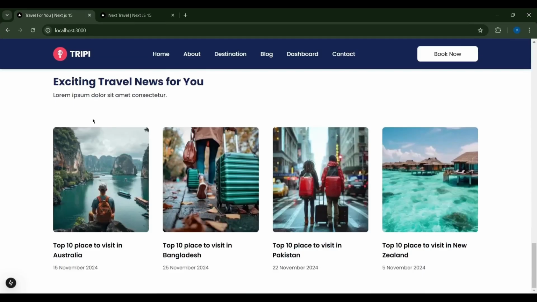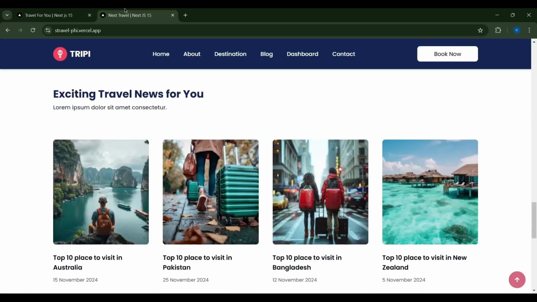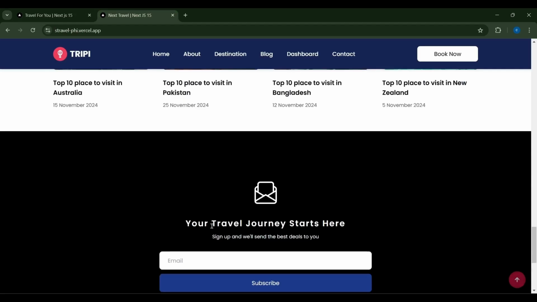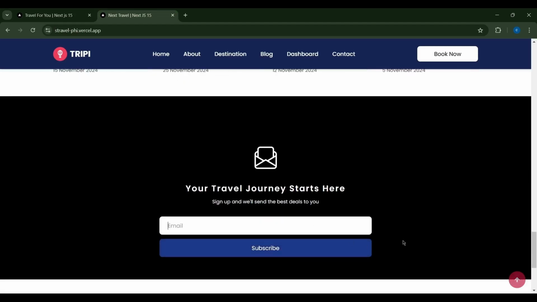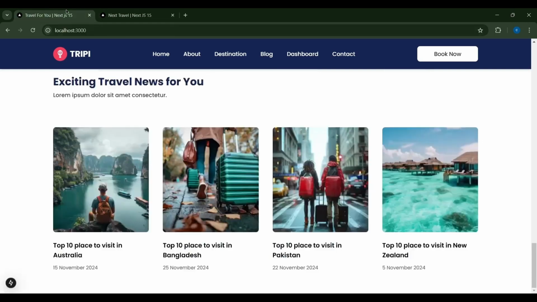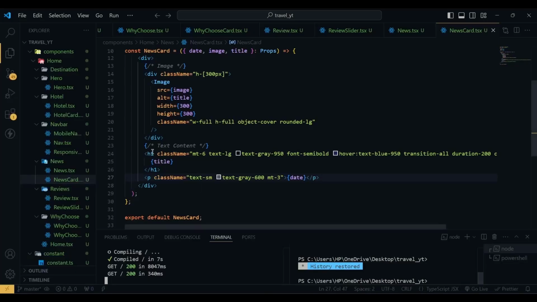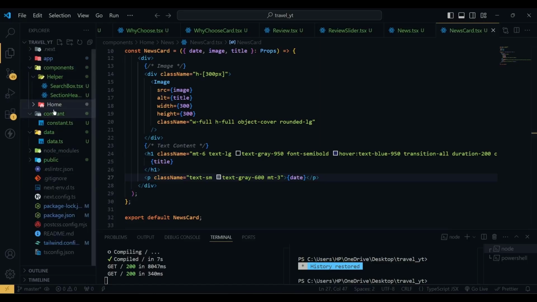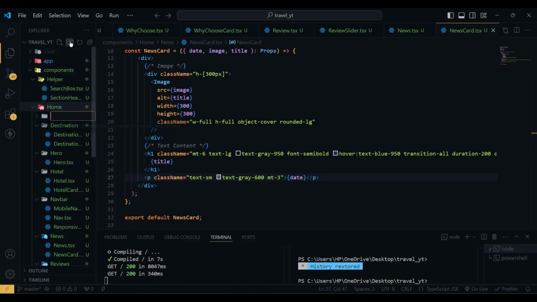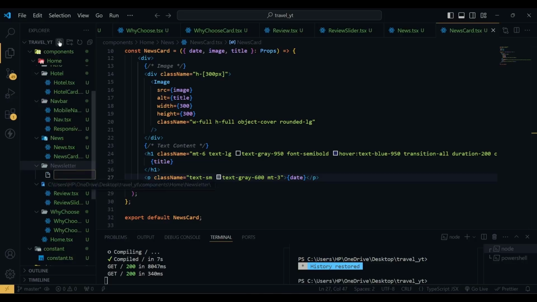Now we are going to build the newsletter section. If I show you the newsletter section, here you can see we have an icon, some text, and a subscribe input with buttons. So now we are going to build this section. For this I am going to create a new folder inside my home folder, and I'm going to name it newsletter, and inside this I'm going to create a file called